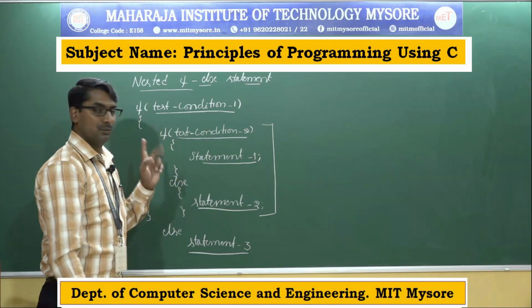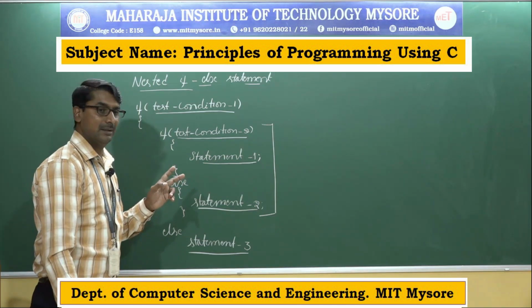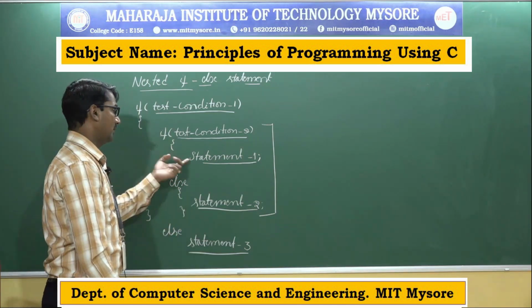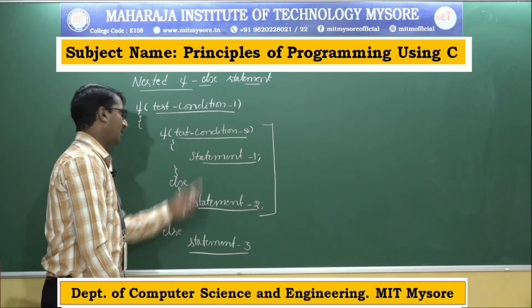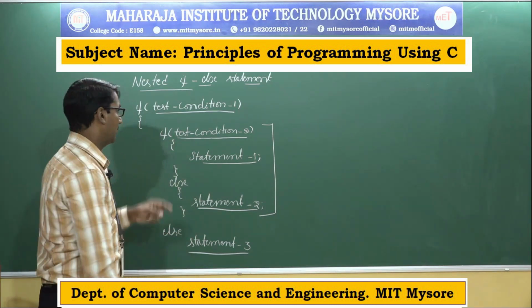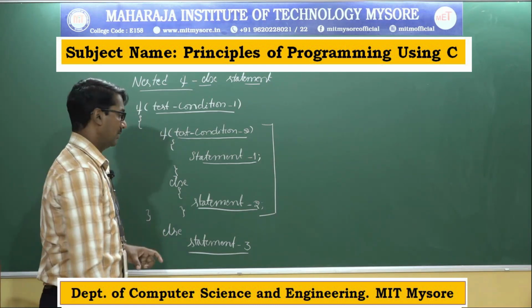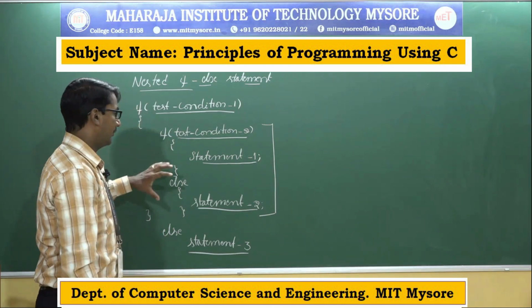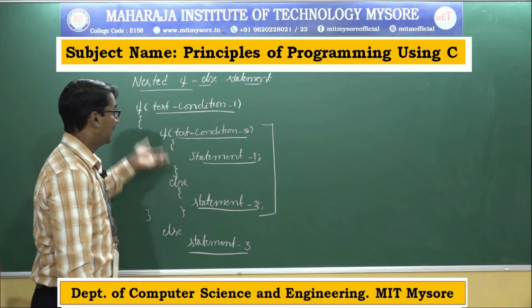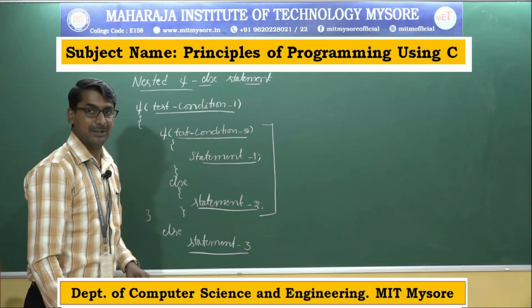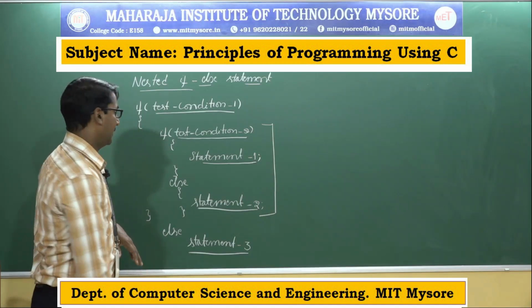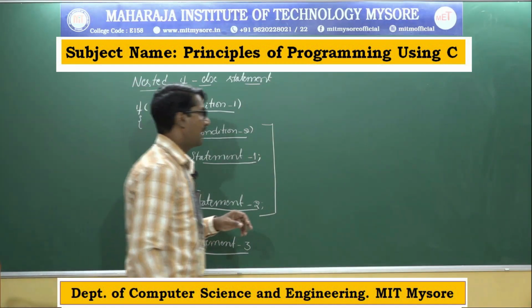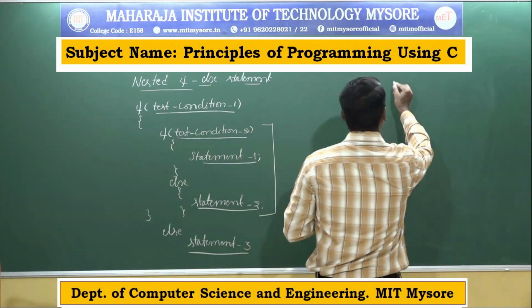So here two conditions will be verified to execute statement 1 and statement 2. To execute statement 3, only one condition will be verified, that is test condition 1. Here one if else statement is present within another if statement, so this is called the nested if statement. Now, the flow diagram of the nested if statement is